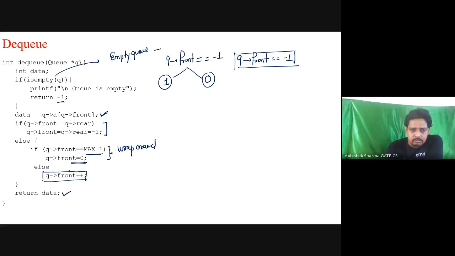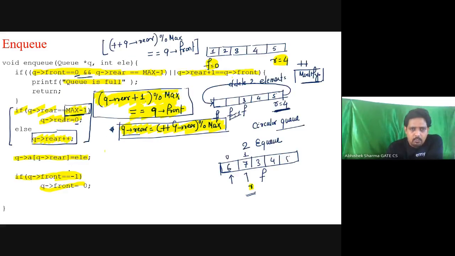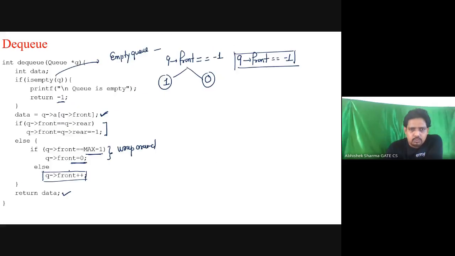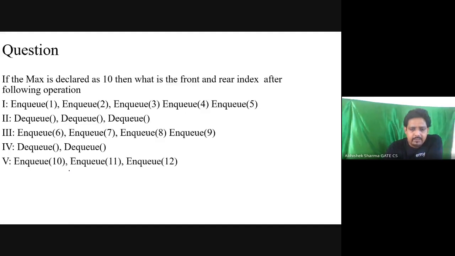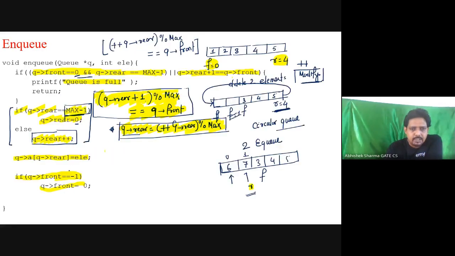Okay, so now I want you to look at both of these algorithms very closely, so that I can give you some questions related to this. Please look at the algorithms closely, try to understand and grasp them, and go through them once, and then I'll ask a few questions related to insertion and deletion. Okay, so please go through it.